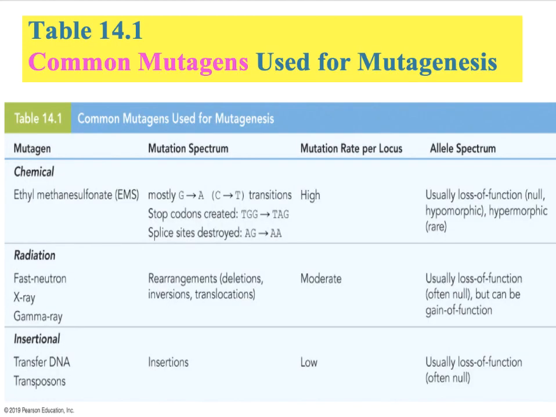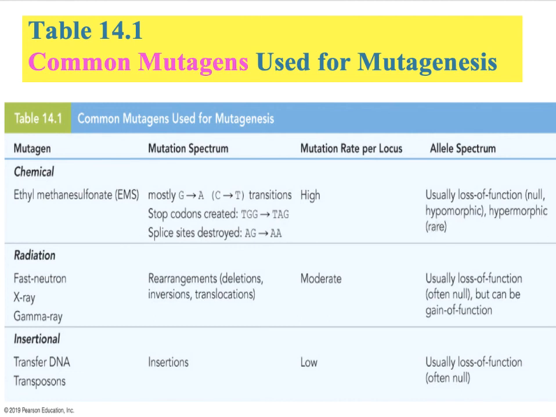Table 14.1 lists 3 common mechanisms of mutagenesis and how they interact with DNA. Students are expected to know these 3. So chemical mutagens, an example is EMS, ethyl methane sulfonate, that normally causes transitions. And as you know, transitions are where the base stays within the same family of chemical classification, so a purine to a purine or a pyrimidine to a pyrimidine. And they introduce stop codons frequently. And they can also destroy splice sites, normally resulting in a loss of function mutation that can be null, hypomorphic,